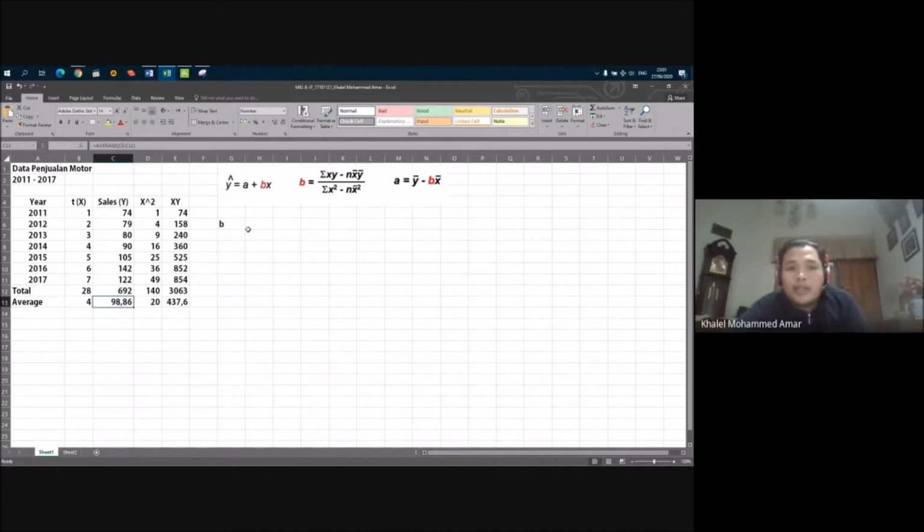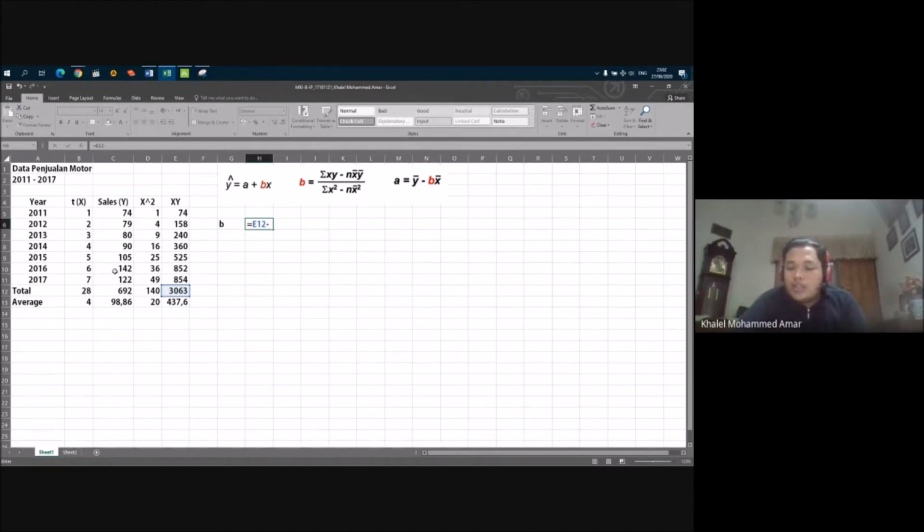Okay, so for the first formula is B. B is the sum of XY, which we have already calculated, this one, minus N. N is the amount of the data we have. So we have 1, 2, 3, 4, 5, 6, 7.